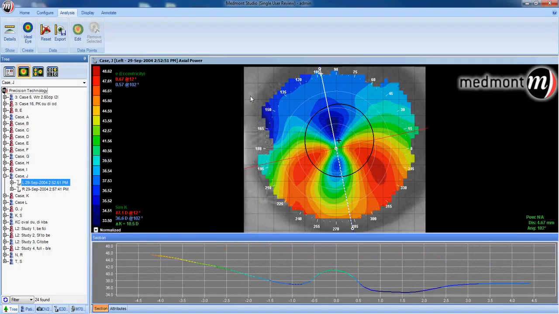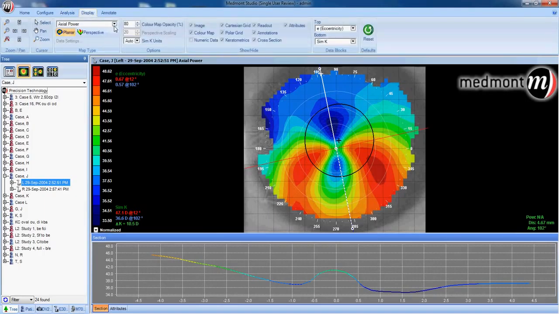Let's close this window down, and we can look at the display option. Presently we have axial powered displayed. Axial is the best way to interpret the type of astigmatism, be it against the rule or with the rule. In this case we can see clearly an against the rule corneal astigmatism. Is it regular or irregular? An axial map helps us to understand that. And although there's a defined steep and a defined flat meridian, this pupillary zone looks slightly asymmetrical on this pellucid